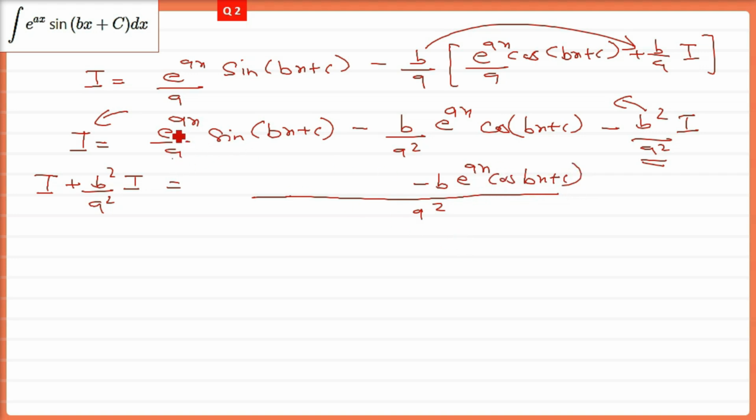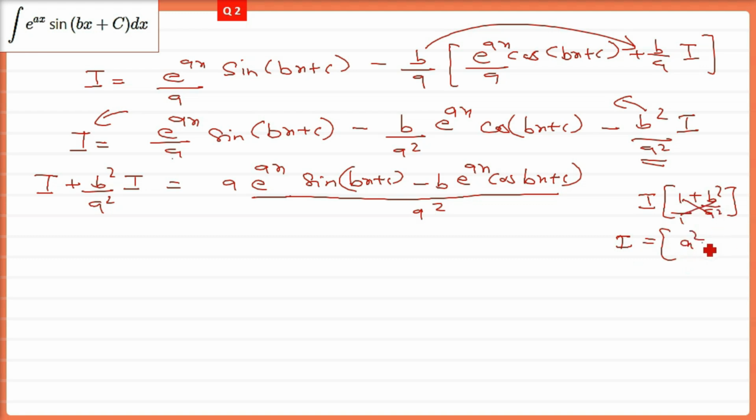Now the first term, because it is a in the denominator, a has to be multiplied in the numerator. So e raised ax sine bx plus c will come. Now the left hand side, which is I plus b square by a square into I, let me do it here. I am taking I outside, so it will be 1 plus b square by a square. So this will be a square plus b square by a square, and this is into I. So on the left I will write a square plus b square by a square into I is equal to,